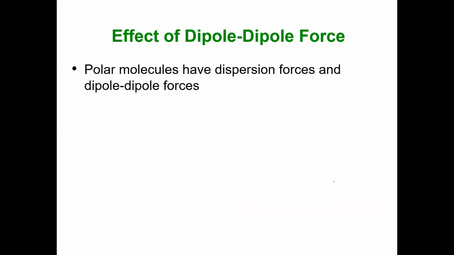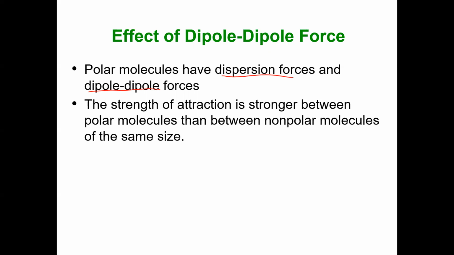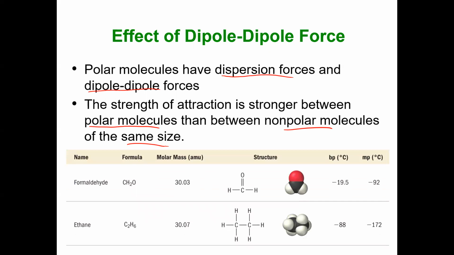So how does this affect intermolecular forces? Well, again, polar molecules have dispersion forces, but they also have the additional dipole-dipole that becomes the predominant force. That strength is much stronger when we're comparing polar molecules with non-polar molecules of the same size. So here's an example. I have formaldehyde, which we just discussed had the permanent dipole